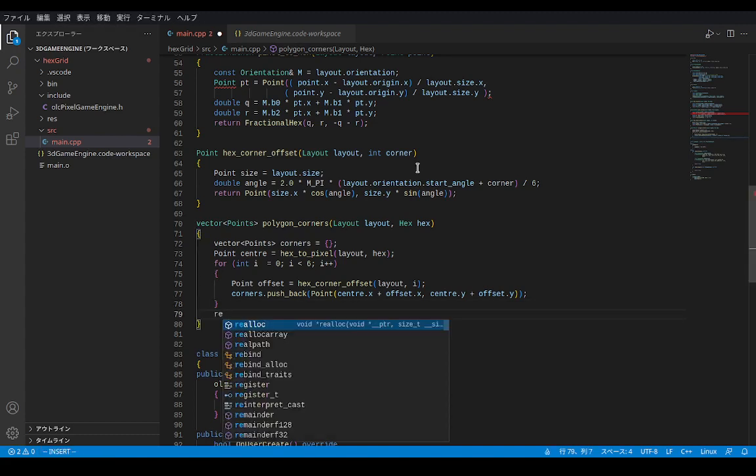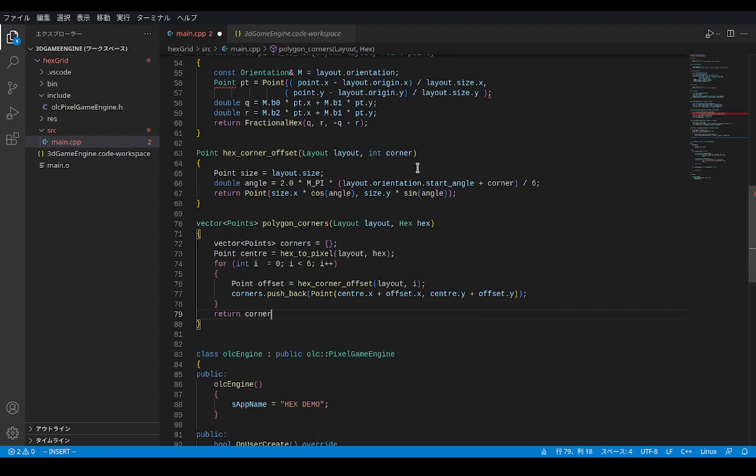The very last thing we have to do is return the corners. Okay, so that's when I stop looking at the hex guide, and now I'm just dealing with the olcPixelEngine